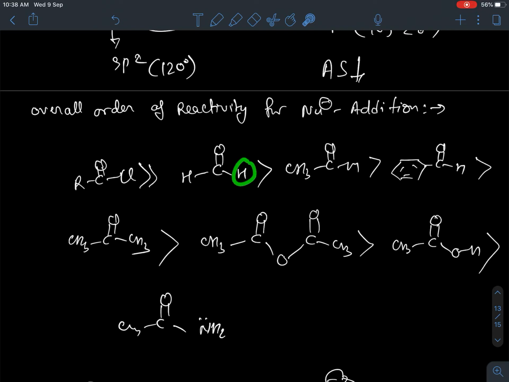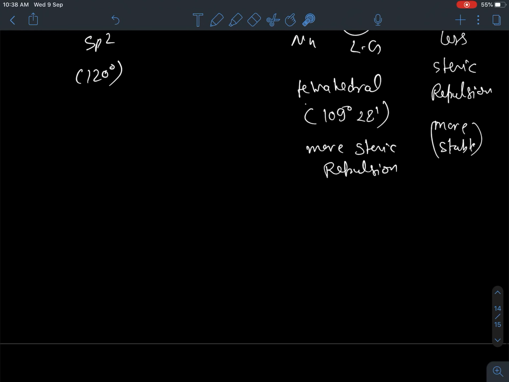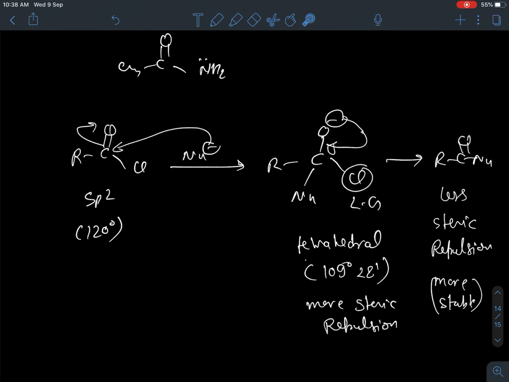In fact, it's an extremely poor leaving group. The same happens with CH3 minus, that's also very, very poor. Somewhat this is relatively okay, that CH3 C double bond O and O, C double bond O CH3, that used to come in between, right? But just because of the conjugation, it is disrupted. There is another reason behind it. So I hope you understood this relative rate of reactivity and why RCOCl is so much better, because of this special